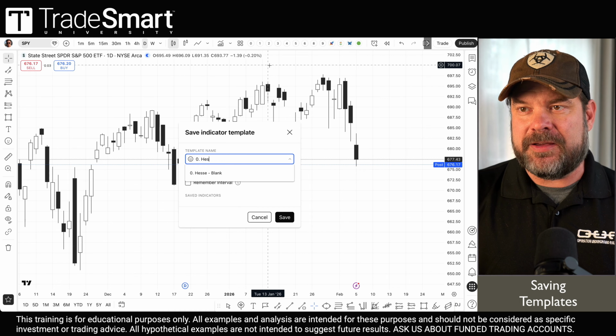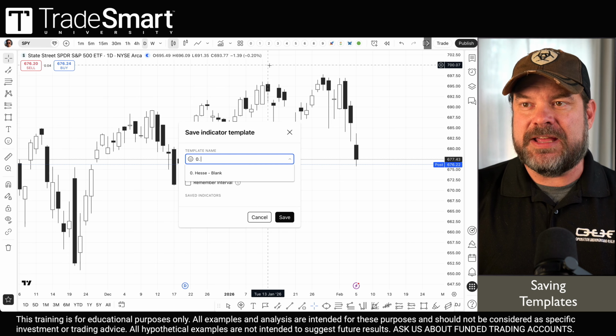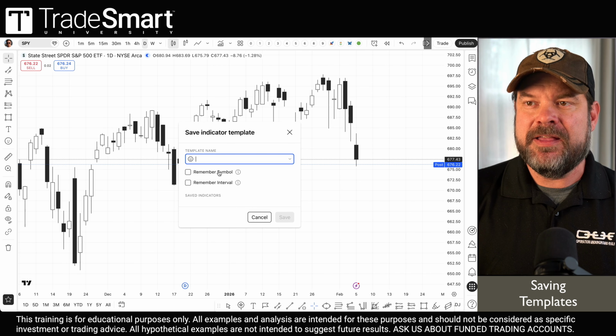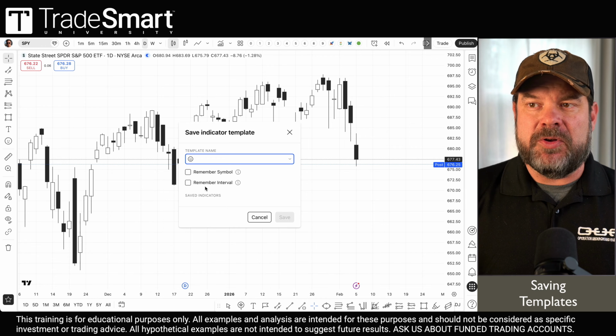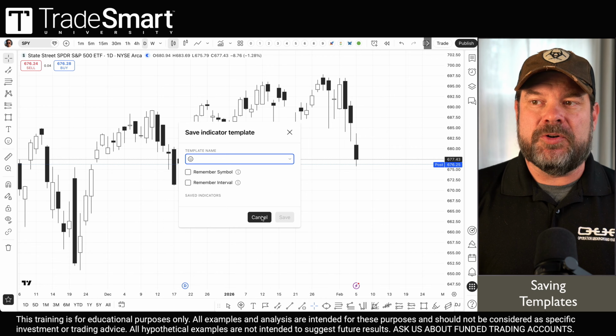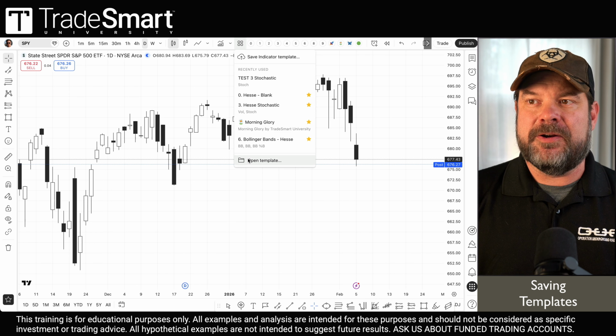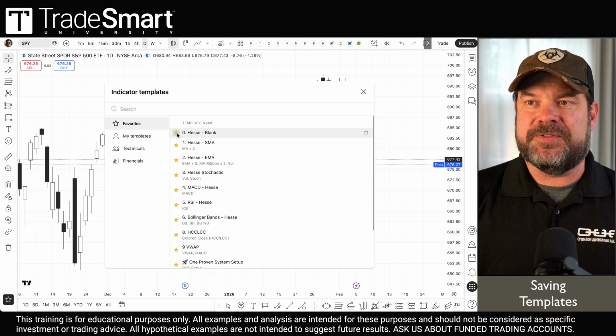0-Hesse blank. I'm not gonna overwrite it. So we could say 0-blank. Well, I don't need to resave it. You don't need to remember the symbol. You don't need to remember the interval. You'll click save and then you'll come back up here, open your templates, look for 0 and put a star